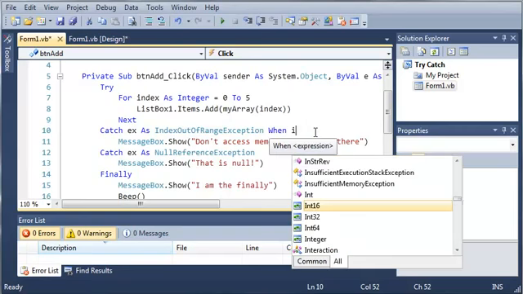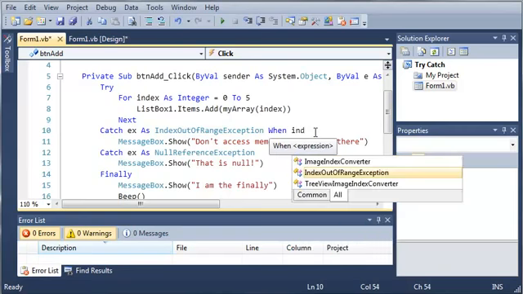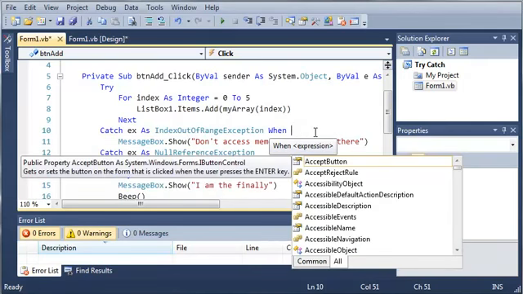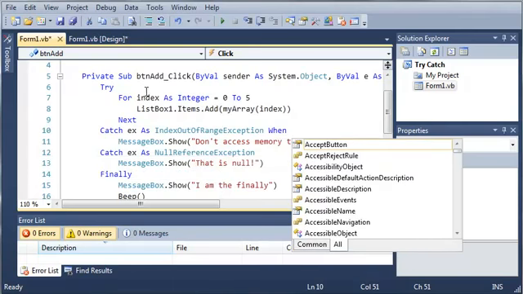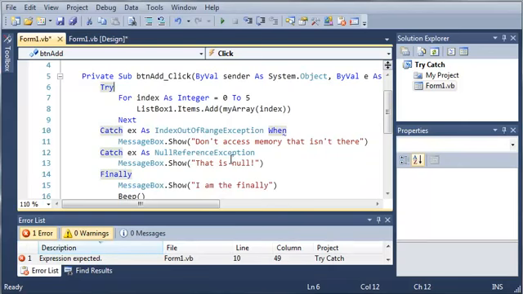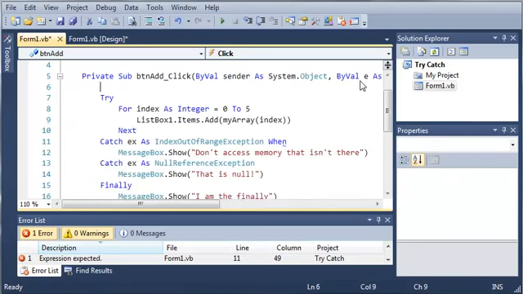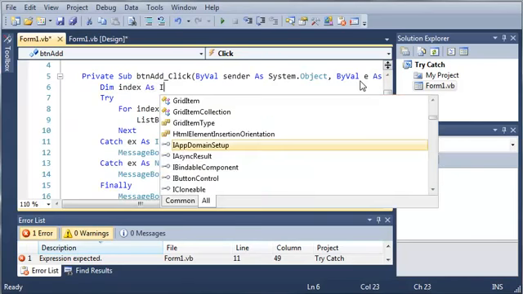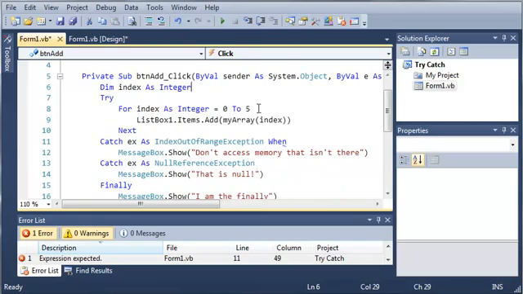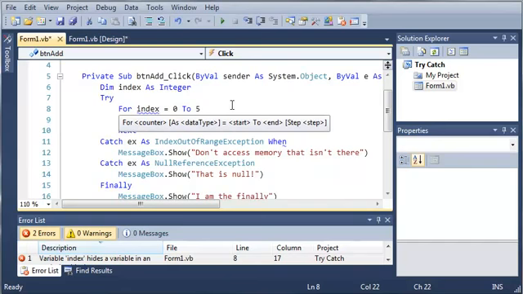So we'll just type when, and now what we can do is type whatever we want right here. So let's go ahead, and to be able to access index, let's declare it outside of our try catch statement. So dim index as integer. So now what we need to do is just get rid of this right here. So for index equals 0,